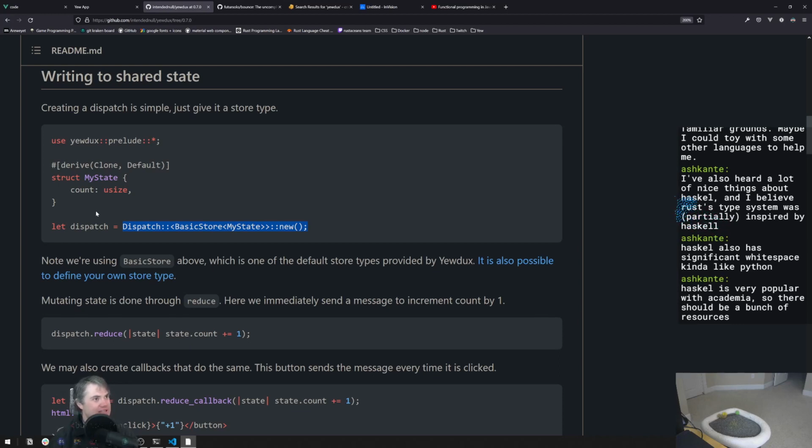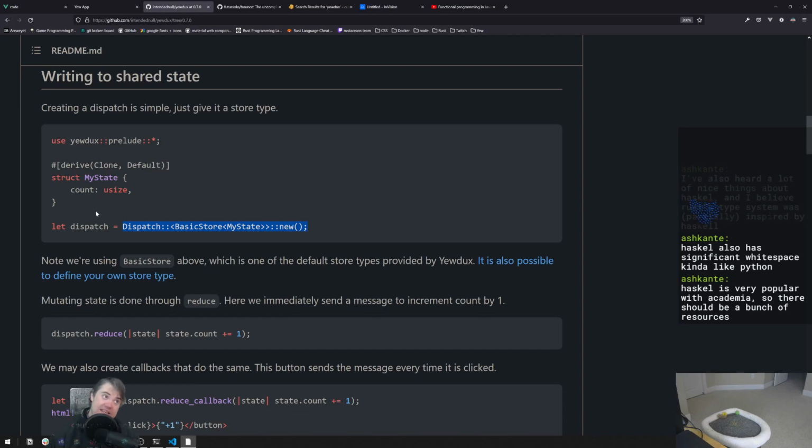Haskell is very popular with academia. Okay, that's true too. Let's see, what else is there? I don't know off the top of my head. There is usually a bunch of people on